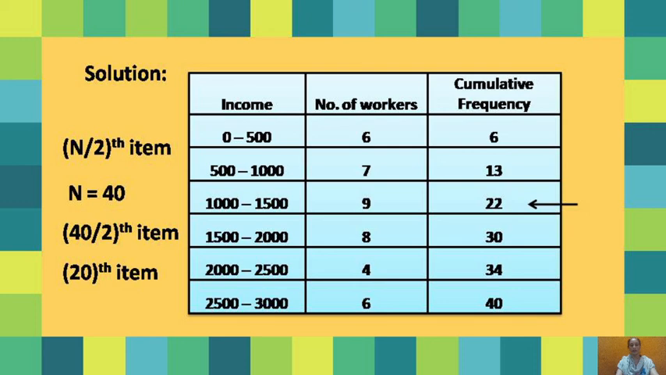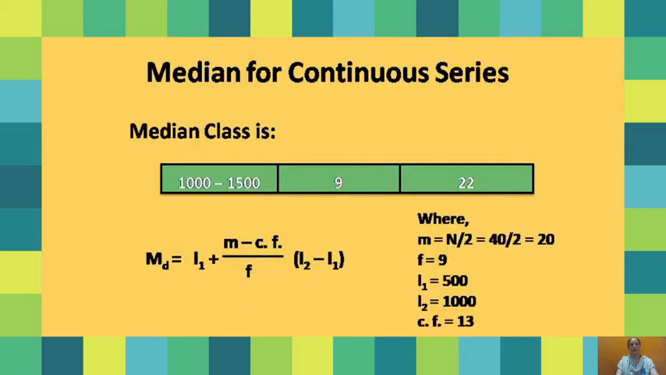Now with the help of this particular class, we need to calculate the median for this example. Here I have taken the class for you. With this class, firstly we need to write down the different values of the notations which we have to use in the formula. Here the formula is this. In this formula we require the values of the different notations. Firstly, m is what? It is capital N by 2. N is 40, so 40 by 2 will give you 20. So the value of m would be 20. Then